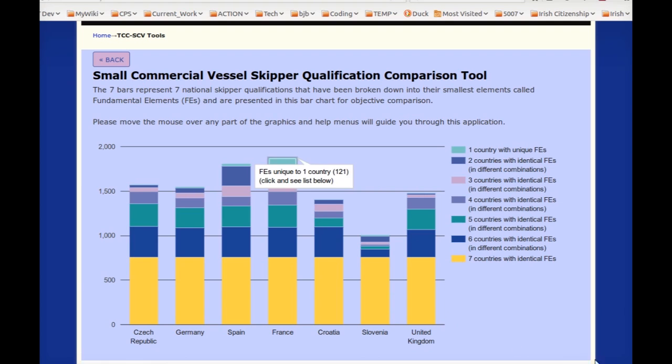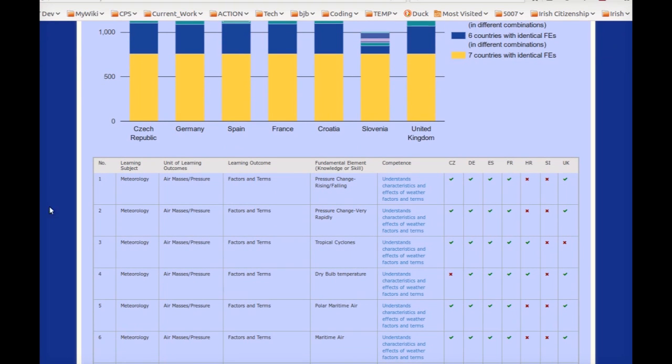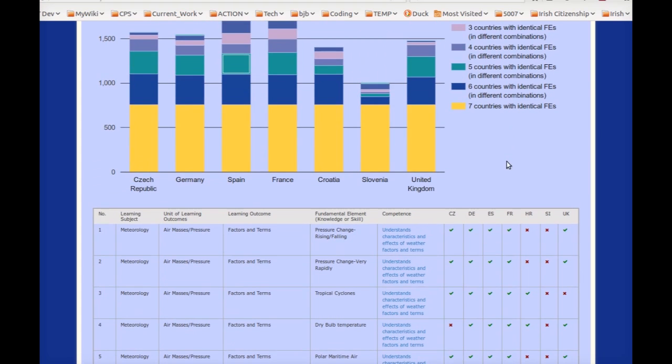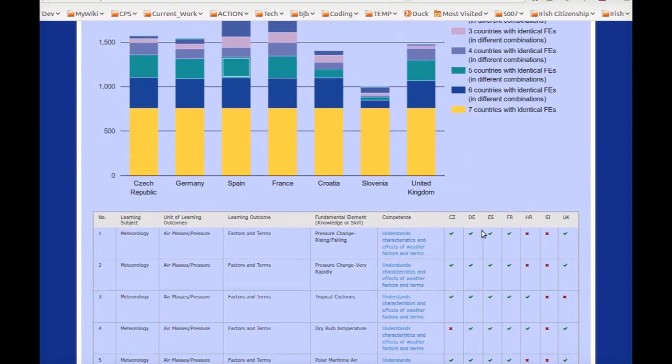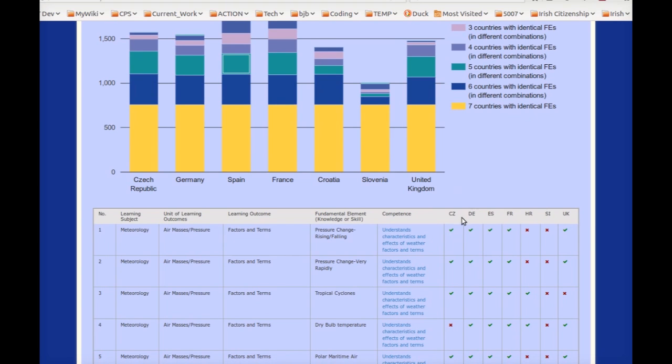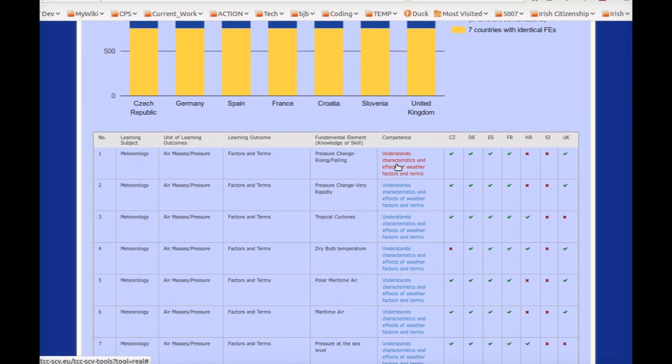Okay, if I go onto here again, I'll go to another one. I'll go here. Then you come up with a set of competencies that are associated with five countries, and those 5 countries here are 1, 2, 3, 4, 5. Well, any 5 of the 7 can mix in with this. So what happens is, if you click on that competence there,